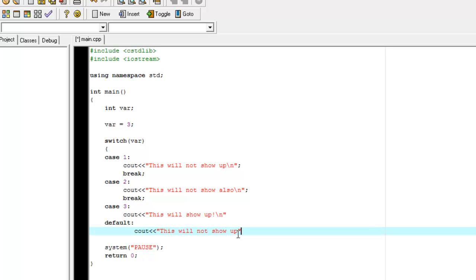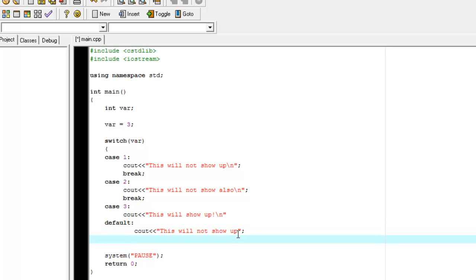This is like if you're asking for input and the person puts in something that's wrong, then we can call it a false. So if they put in a 4 when you're supposed to be choosing between 1 and 3, it'll give them an error message, like you can just say pick a number between 1 and 3, so that's always really useful. So then we enter bracket, and yeah,